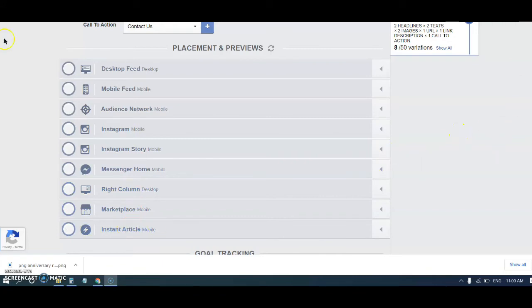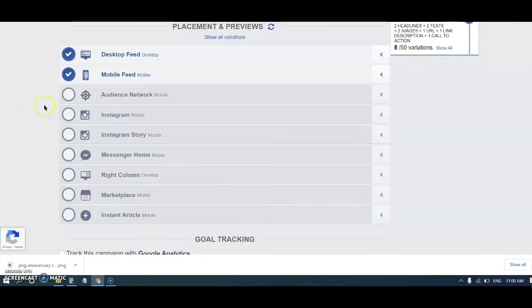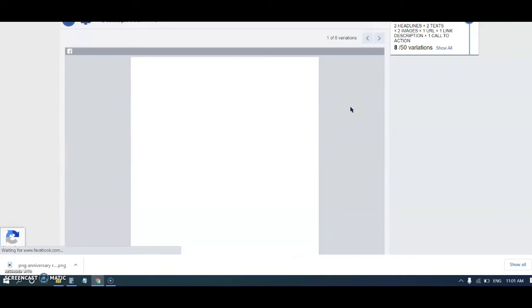For my campaign, I'm going to select desktop feed, mobile feed, Instagram feed, and Instagram story. Right? I can use this panel to see a preview of how my ads are going to show on the different selected placements. It might take a little while for the tool to fetch your previews.